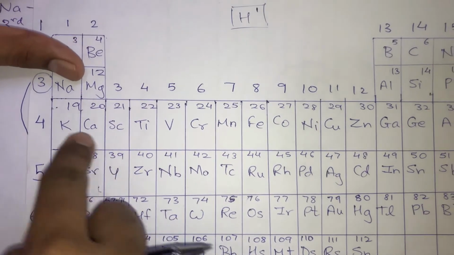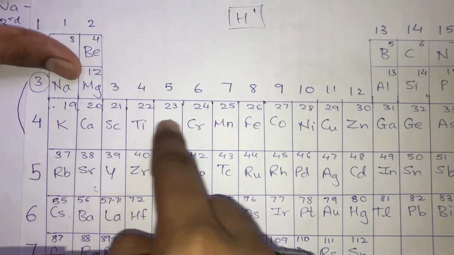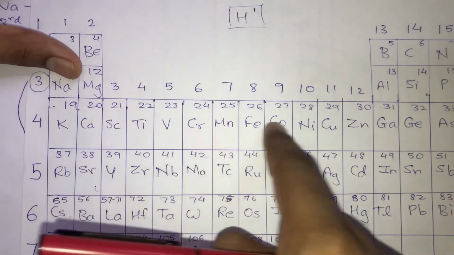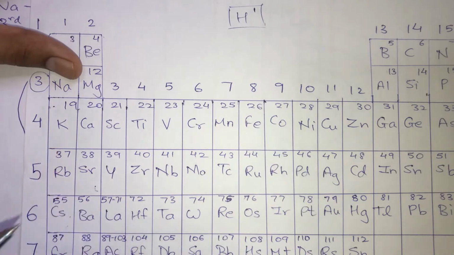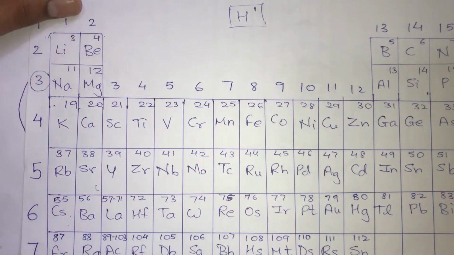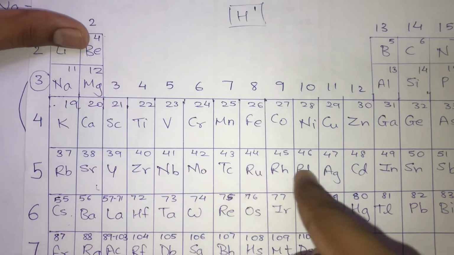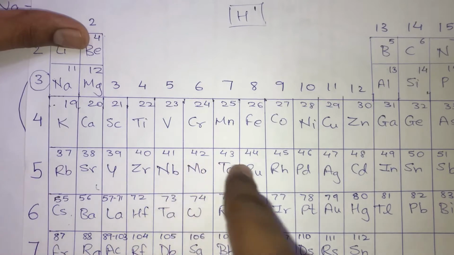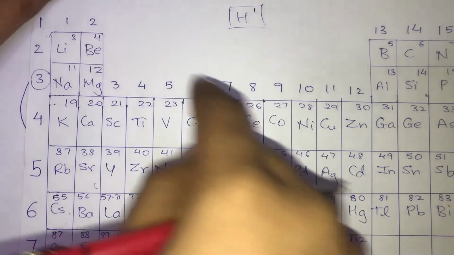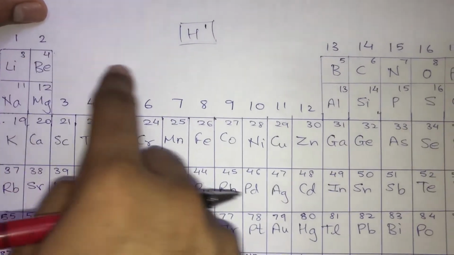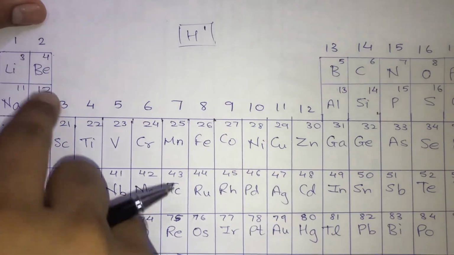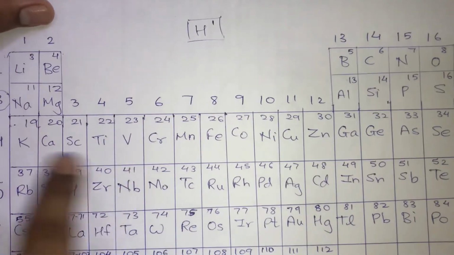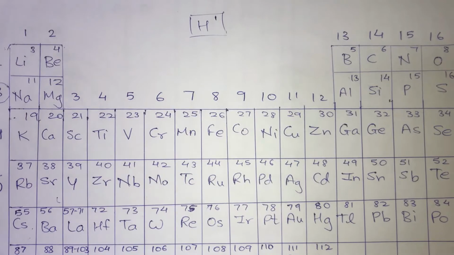So if I consider any atom in the fourth period, all of them are going to have 4 energy levels. Similarly, any atom present in the fifth period is going to have 5 different energy levels. So whether it be your first period or your second period, the period number indicates the respective number of energy levels present inside the atom.